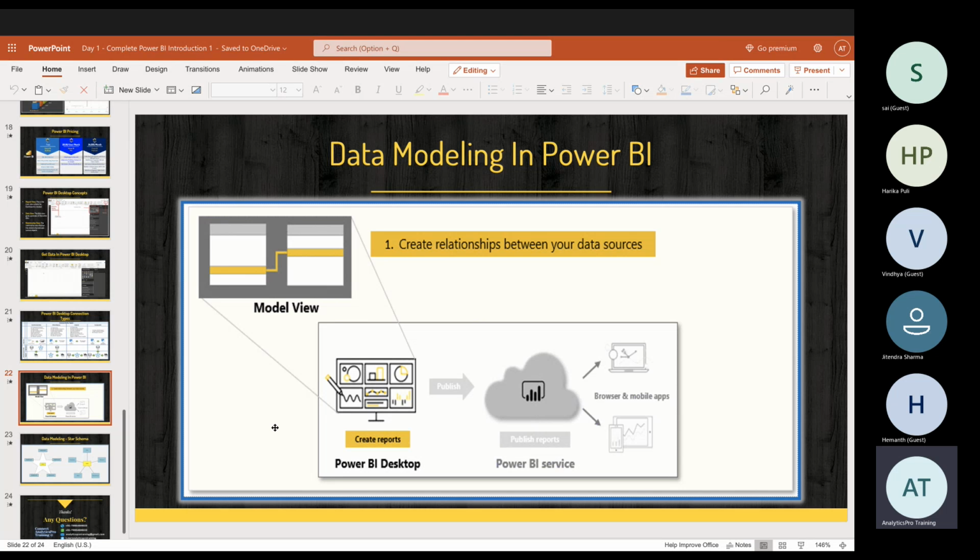So data modeling is a very huge concept and a very excellent concept to derive and to look after. The very first one when it comes to your data modeling is you can go back and create a relationship between your data sources. Now, how do you create a relationship between any two different tables? Depending upon the primary keys in that particular table, you will create a relationship. Now, just like this. This is one table and this is another one.